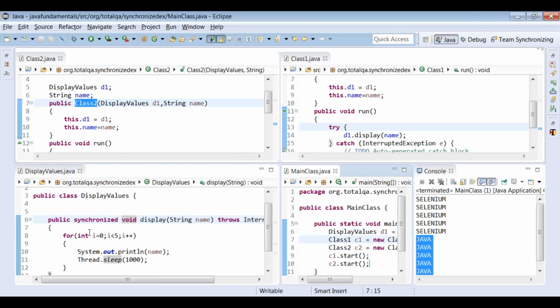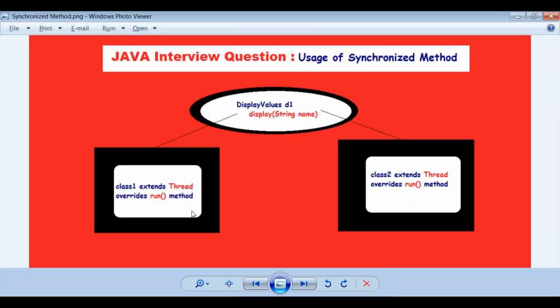Otherwise, it will become a deadlock in real time, because one object is trying to access and another object is also trying to access and waiting for the same resource. It will go for the deadlock. Once one object is completed accessing the object and the methods, then the other object will try to acquire the lock. So this is mainly about synchronization.